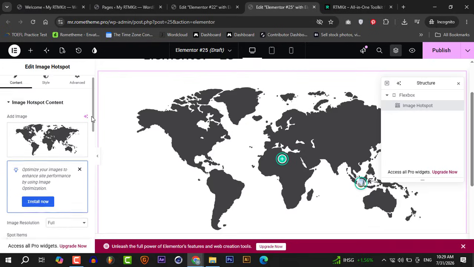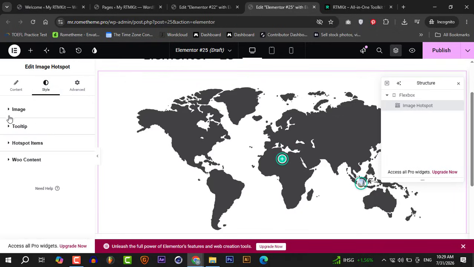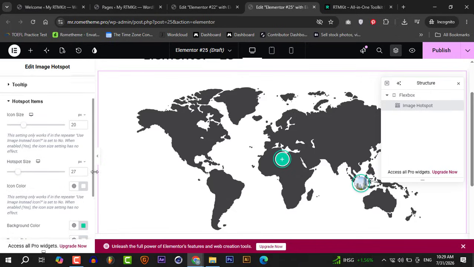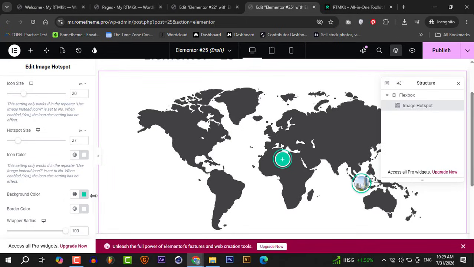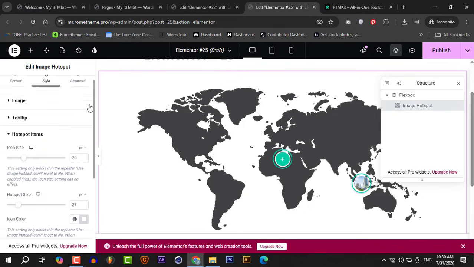And you go to Style to edit. Skip this one, image, hotspot item, icon size. You can change the background color and background border. And for the configuration,